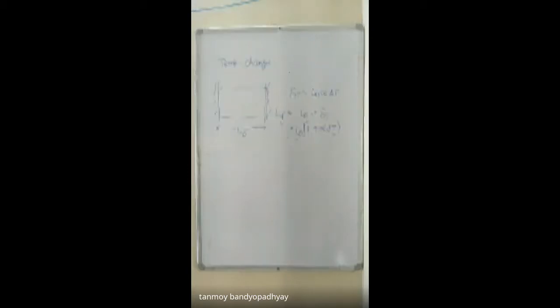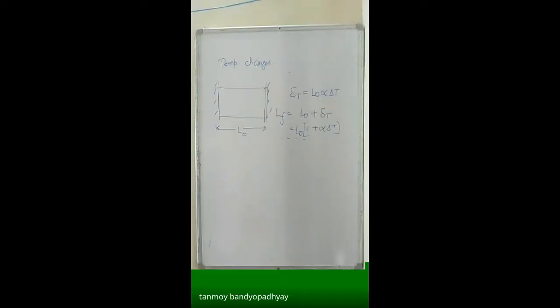So suppose we have two materials, one having greater alpha and one having smaller alpha. The specimen with greater alpha will undergo greater thermal deflection. I will give one problem to clear your doubt so that we are on track. Do problem 233, just start with the first problem, 233. It's given in the notes also.